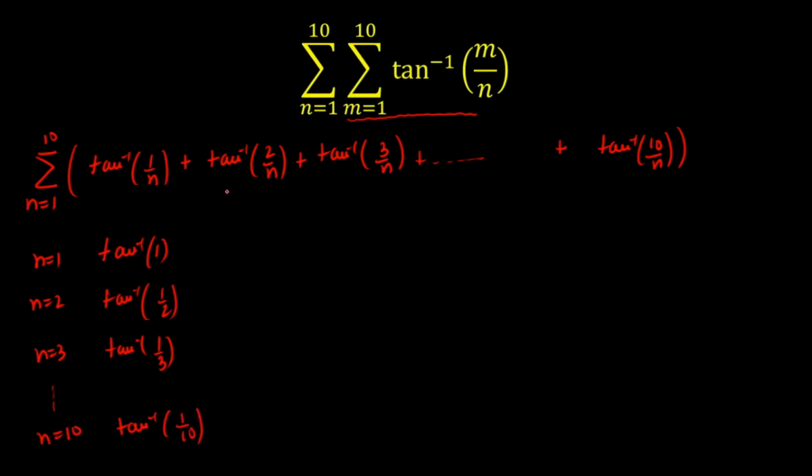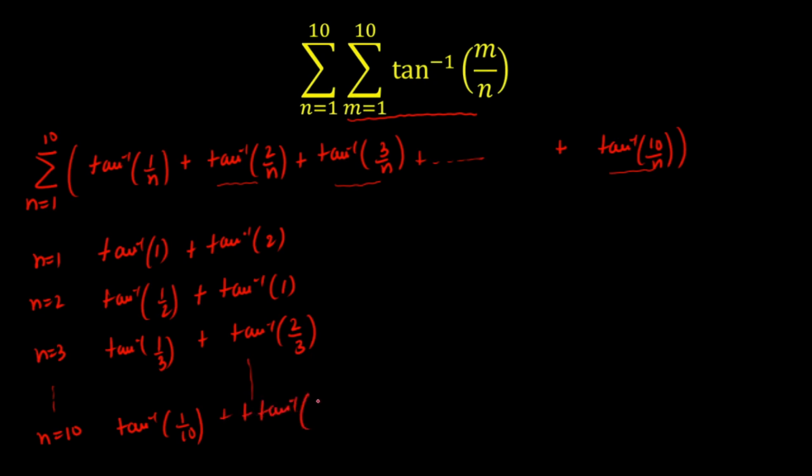Similarly, I'll get 10 terms for the second term, because if I open it with the summation n varying from 1 to 10, and again 10 terms corresponding to the third term, and so on up to the 10th term. So in total I'll have 100 terms here. For n equal to 1, I'm going to write the term tan inverse of 2, plus the next term is tan inverse of 2 by 2, that is n equal to 2. So tan inverse of 2 by 2 is tan inverse of 1 again, plus tan inverse of 2 by 3, and so on up to the last term in this column, tan inverse of 2 by 10.